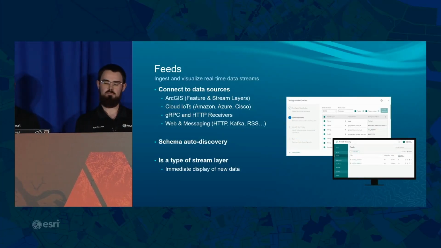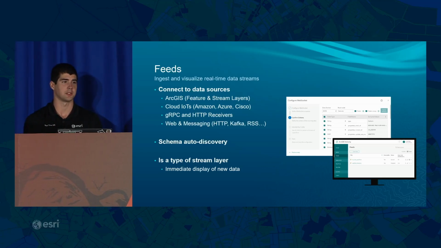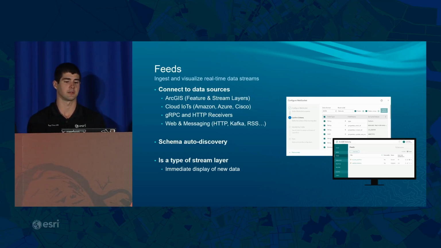So what you just saw there is the first step in leveraging real-time data, which is accessing your data and bringing it into ArcGIS Velocity. There's thousands of sensors on the market today, and being able to connect to that data and use it oftentimes involves vendor-specific data applications that are siloed or might require custom-built solutions to read it and integrate it with your enterprise systems. Configuring feeds in ArcGIS Velocity is an easy-to-use guided workflow that lets you directly and seamlessly connect to external sources of observation data, like Internet of Things IoT platforms in the cloud, message brokers, gRPC or HTTP receivers,